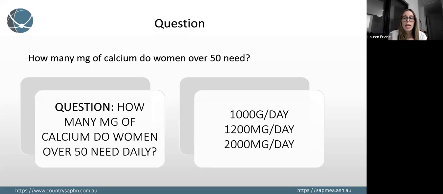So this is a question, and we're going to use the poll, but because my technology on this computer is not the best, I might get Kathleen to have a look at the results, if that's okay. So the question that we're asking on the poll is, how many milligrams of calcium do you think that a woman aged 50 and above would need every day? So 3 options: